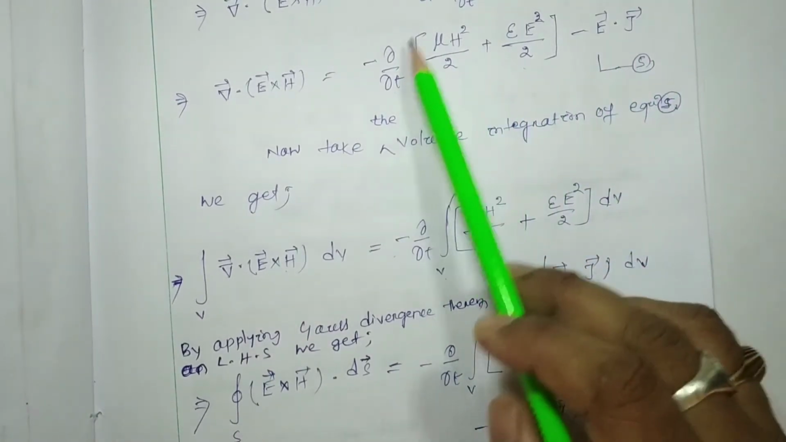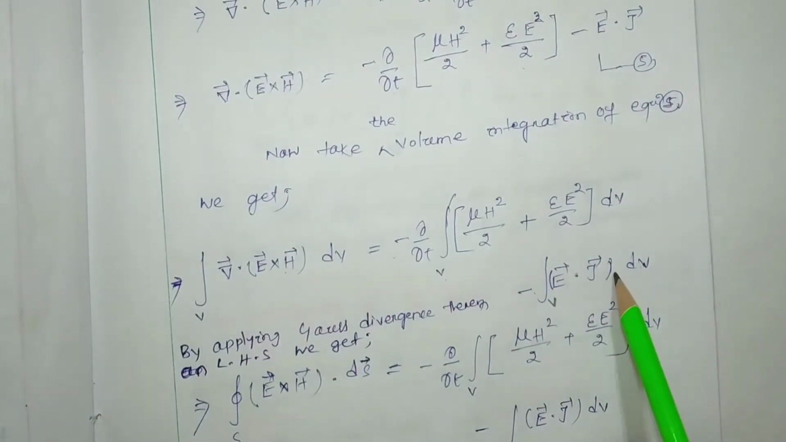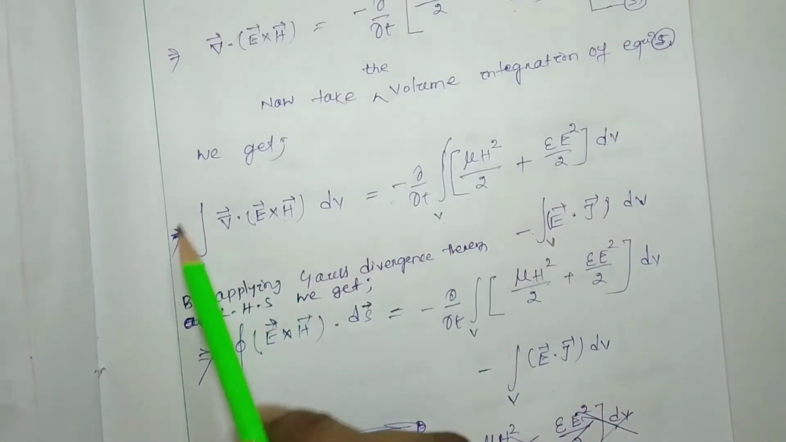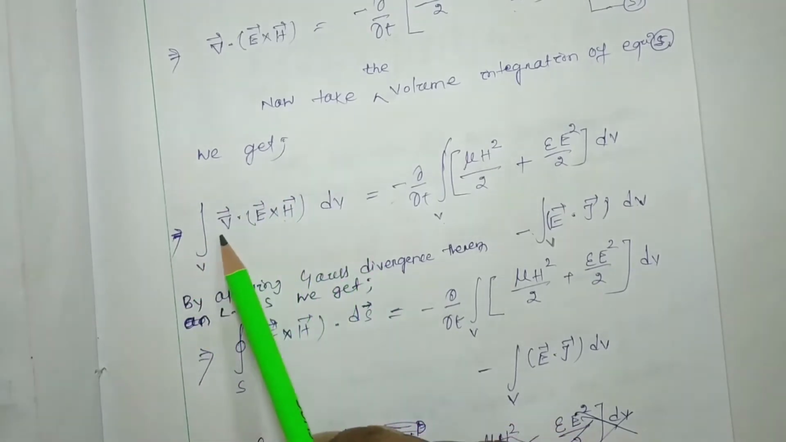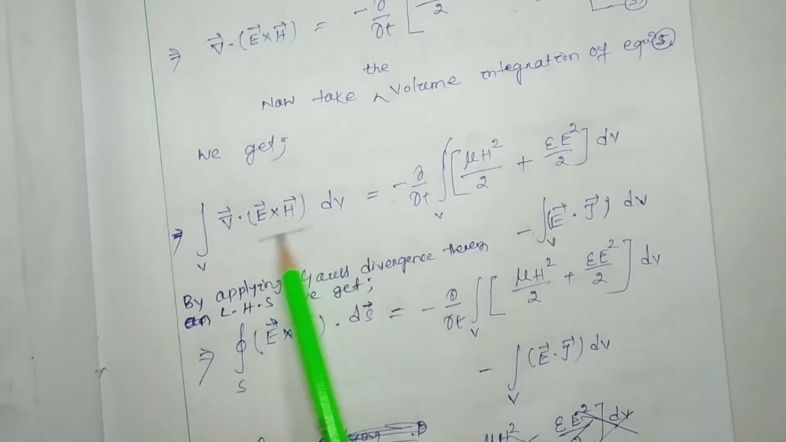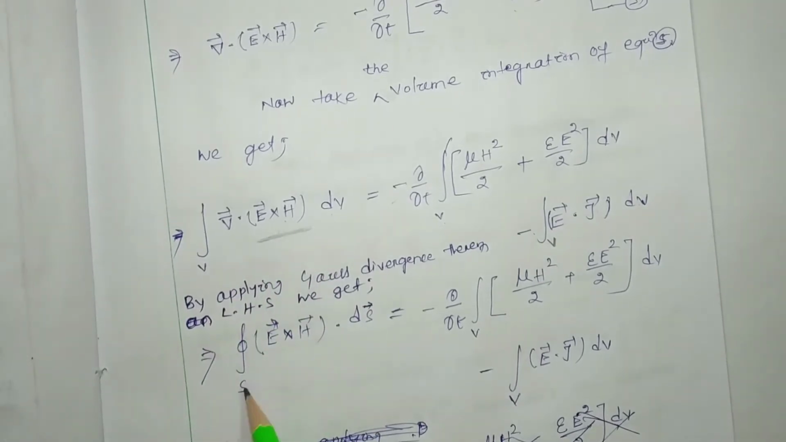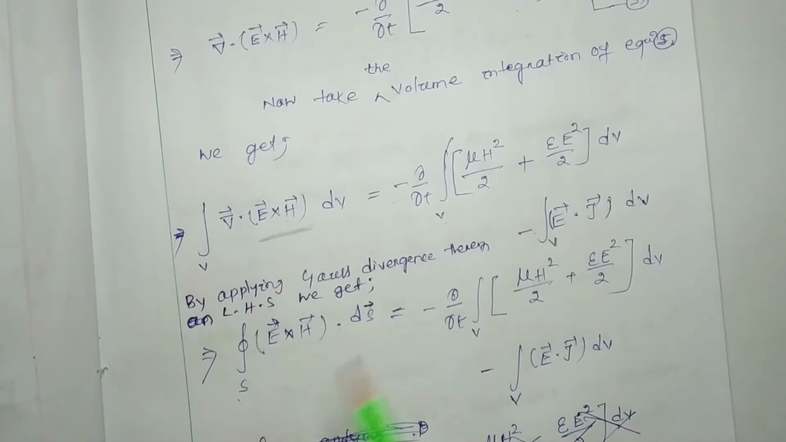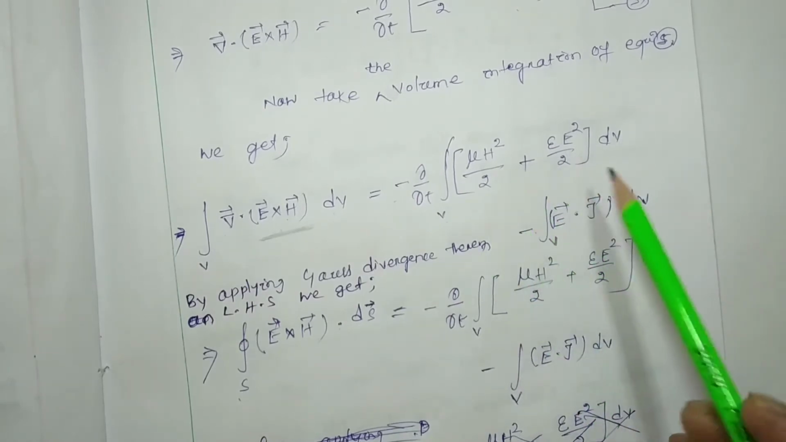Okay, so this term volume integration is this one, and this term volume integration is this one. So now we have to apply Gauss divergence theorem on the LHS of this equation. Here the LHS is del dot E cross H dV, and if we apply Gauss divergence theorem over here, this volume integral can be transformed to a surface integral, that is, the surface integral of E cross H dot dS, is equal to, nothing changed on the right hand side,